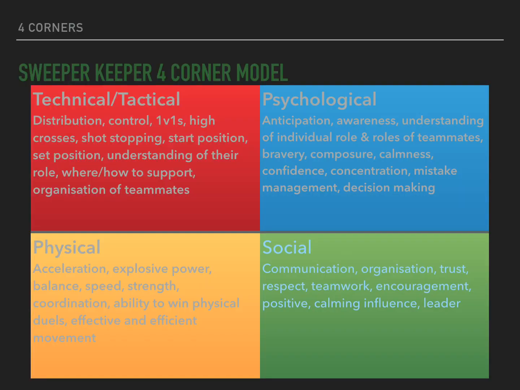Now on to our last slide, which is a four-corner model. So first of all, we're going to have a look at the technical and the tactical. So we will have a look at the quality of their distribution, quality first touch, effectiveness in dealing with 1v1s and crosses into the box, ability to keep the ball out of the net with effective and efficient actions,